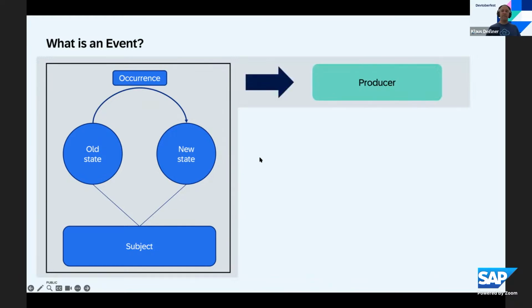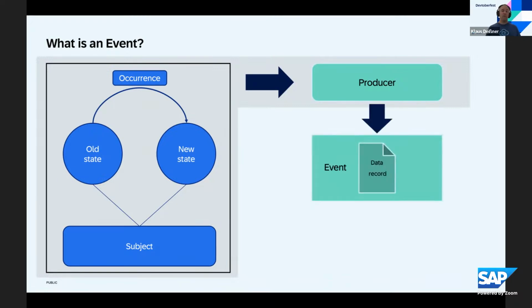So if there is a producer that observes this occurrence, then this producer might take that data and describe this occurrence and all the necessary details around this occurrence and put this into a data record. And that's actually how we in the CloudEvents group also defined an event. An event is a data record describing an occurrence. And now with this data record, of course, consumers can work and act upon those. Here's just a single consumer on this picture, but of course it could also be multiple.